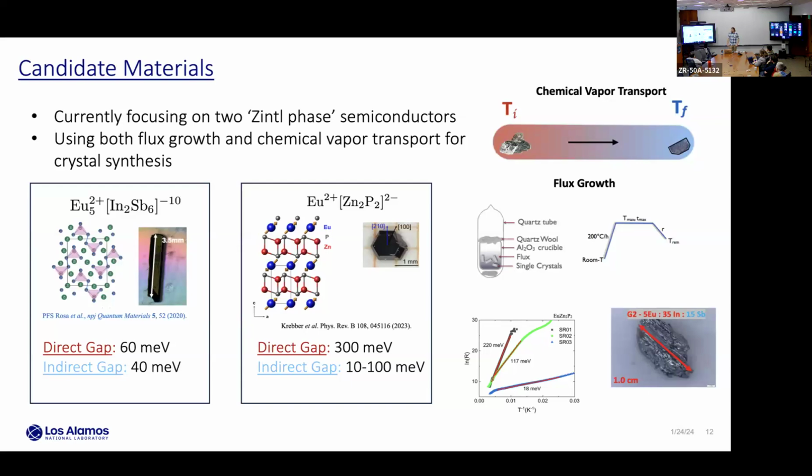A kind of similar process is flux growth. You put the right ratios of the final material that you want in a quartz tube with some kind of liquid flux, which could just be a metal that melts at a lower temperature than the rest of your material. In this case, we just use the natural indium in there as the flux itself. Then you heat it up in a furnace in some controlled pattern and let it cool down in a controlled way. It takes maybe a month of this controlled heating process.